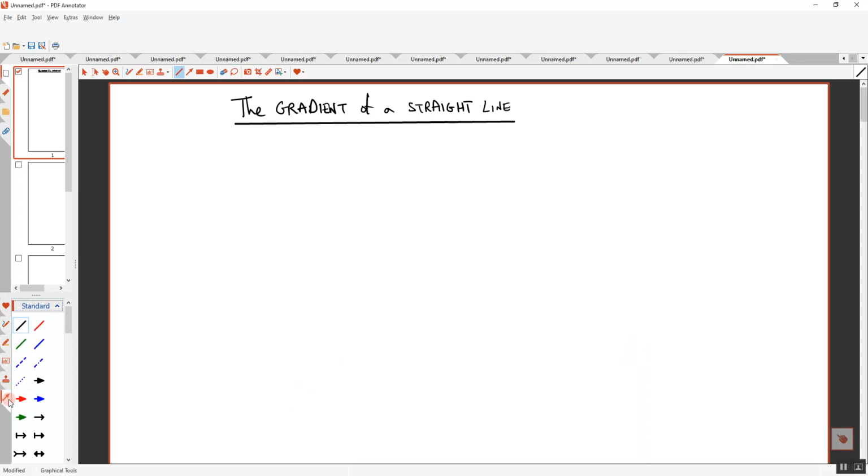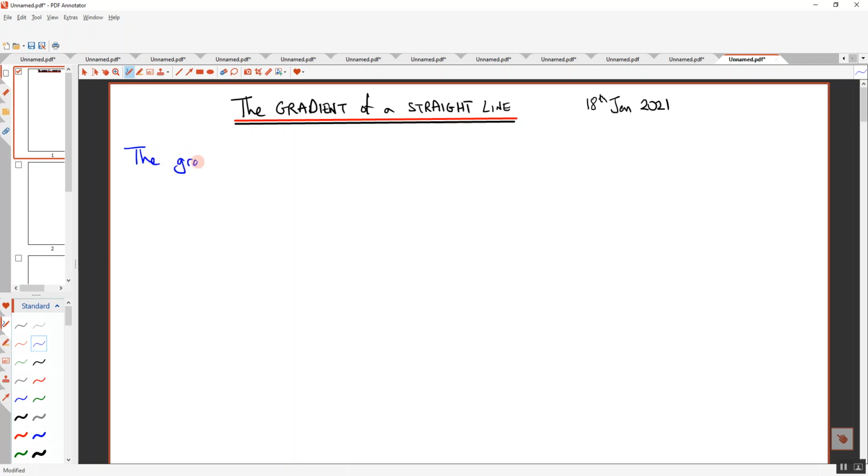Alright, so we're going to look at the gradient of a straight line. So if we write this down for me, that would be great. Today is the 18th of January, and it is 2021. Okay, so from last time we learnt that